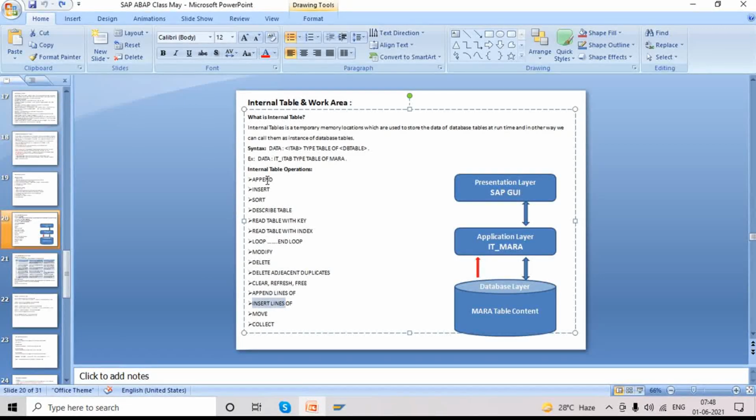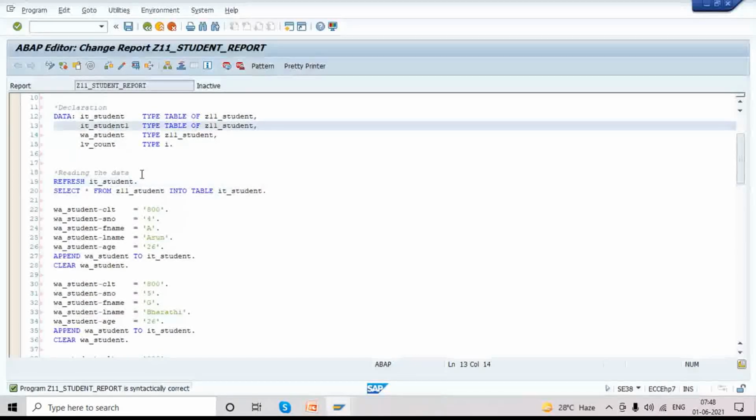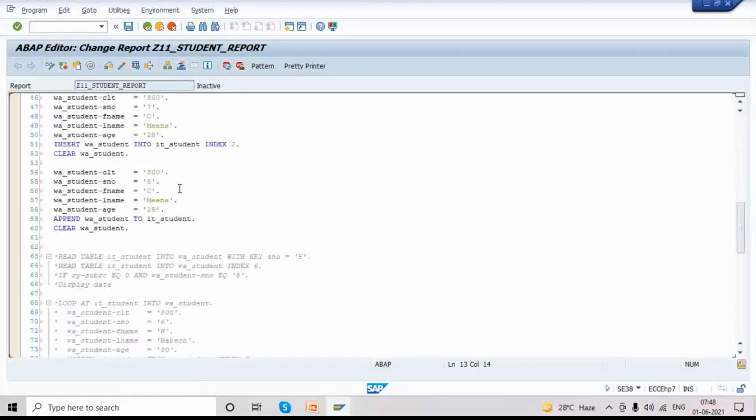Okay, but the difference is append and insert will work only for a single entry. Append lines of, insert lines of will work for multiple entries. Like see, just now we created another duplicate internal table. See now, I'm pushing all the internal table entries here into